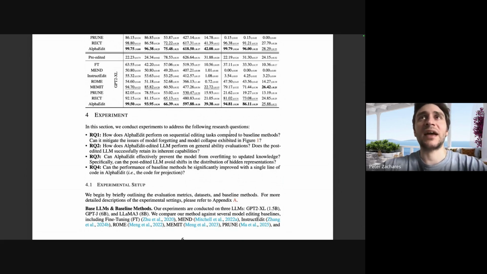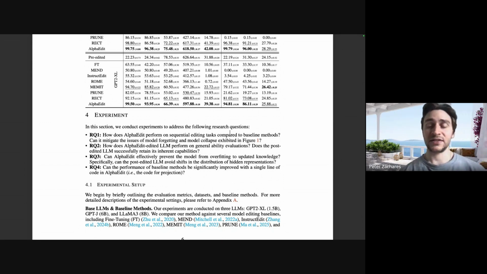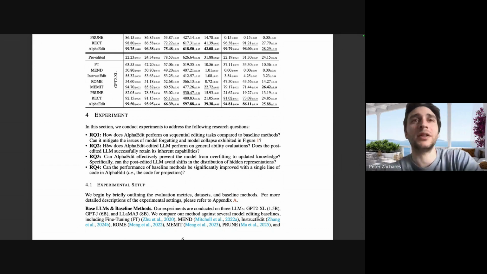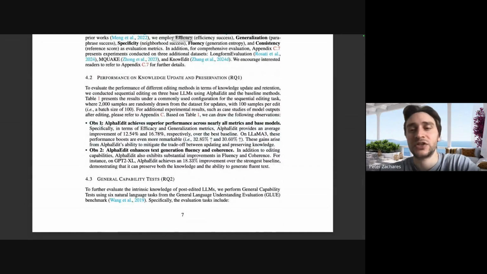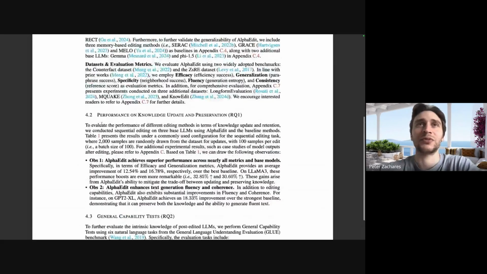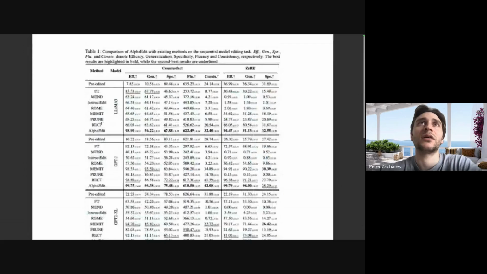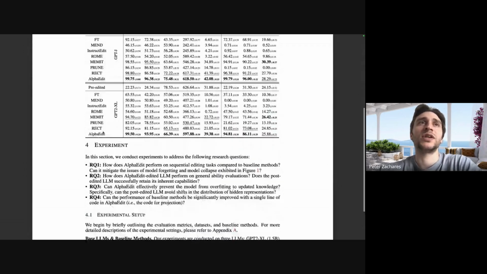As they say, they have a couple of different things that they're trying to test with their results, and they have the 4 questions here. I really like this approach to writing a paper, by the way, where you have very clearly what you're trying to show, and then you'll see later they have their observations which clearly say what the results are. So I think all of that is great. But I'll just read out the 4 questions.